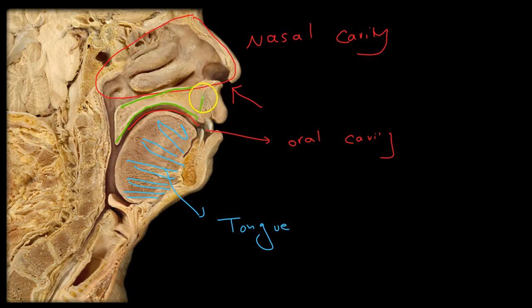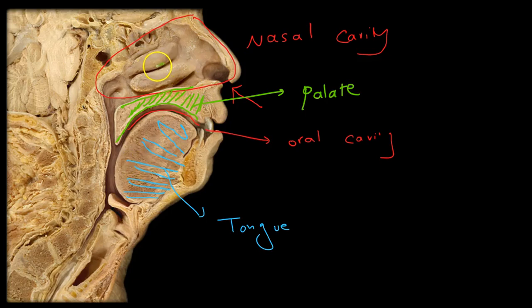2/3 of palate, which is bony, is called hard palate. So here we have nasal cavity, oral cavity. Between nasal cavity and oral cavity, there is palate or hard palate, which is made up of bone, the maxillary bone and palatine bone. Okay, so then